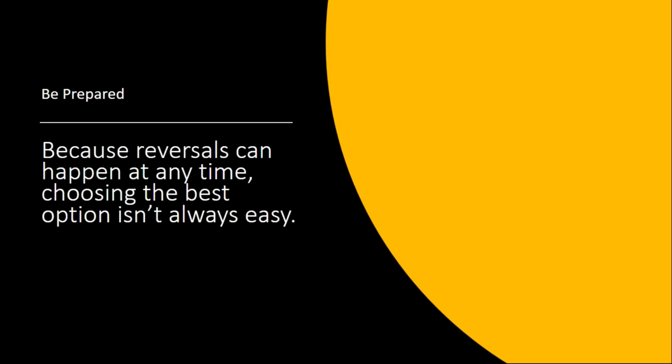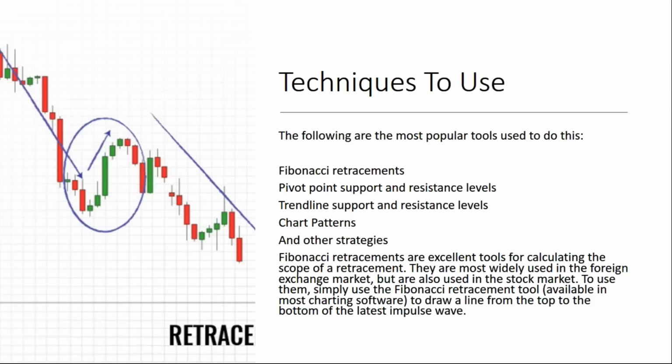But be prepared, because reversals can happen at any time. And that's the thing. Retracements can become reversals, and retracements can happen at any time. Even though you have a trend moving up, there is no rule of when that is going to happen. Now, lots of people say, and you have Elliott wave patterns that tell you each leg of that wave up, you know, wave one should be this long compared to wave two that's that long. There are trading methods that will tell you each of these legs using numeric equations, but there are no guarantees. Okay. Now, there are some popular tools that you can use that will help you.